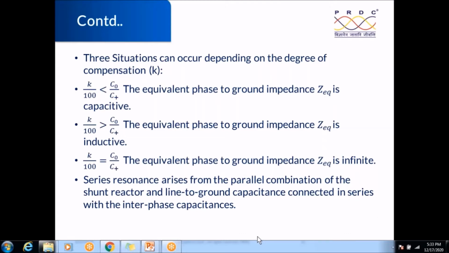And if your degree of compensation is higher than this ratio, let us say 65, and your C0 by C plus is 60, then a positive value will come in the denominator, and overall the equivalent impedance looks like an inductor. Okay,